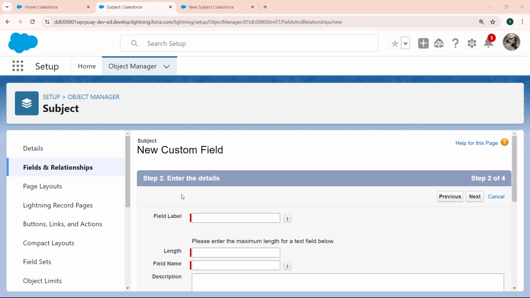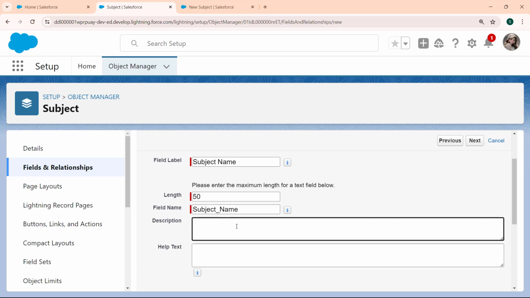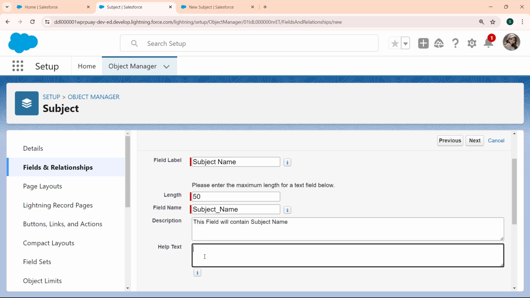Now we move to our second step, that is to enter the details related to the field. So firstly fill the field label and here we are giving the field label as subject name and then enter the length and here we are entering the length as 50 and the field name is automatically populated and then enter the description if you want to enter, otherwise leave it as it is. And here we are entering the description as this field will contain subject name